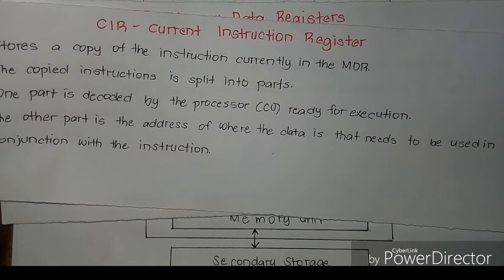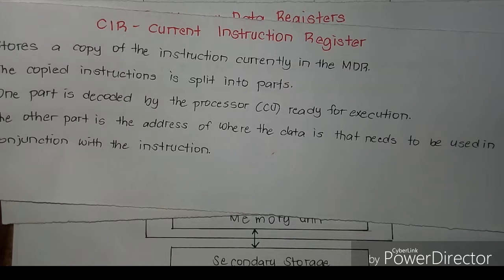CIR, or current instruction register. It stores a copy of the instruction currently in the MDR. The copied instruction is split into parts. One part is decoded by the processor ready for execution. The other part is the address of where the data is that needs to be used in conjunction with